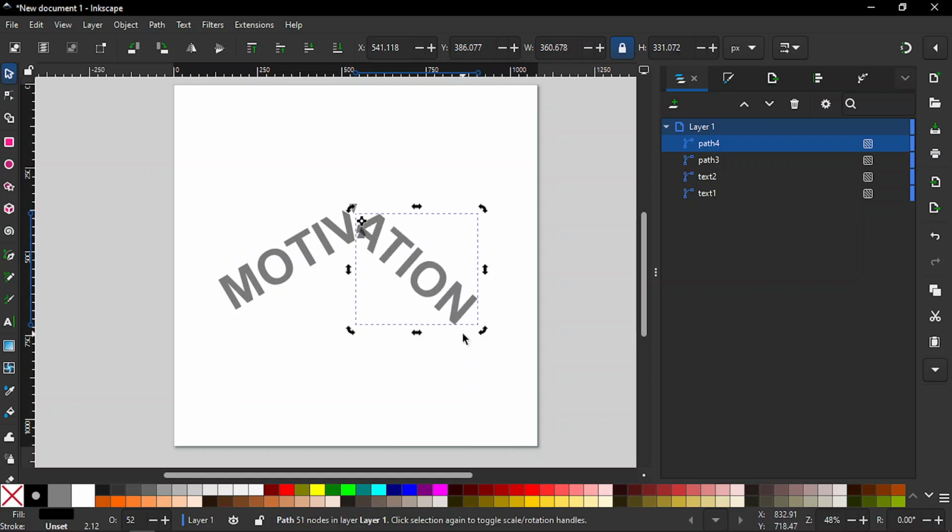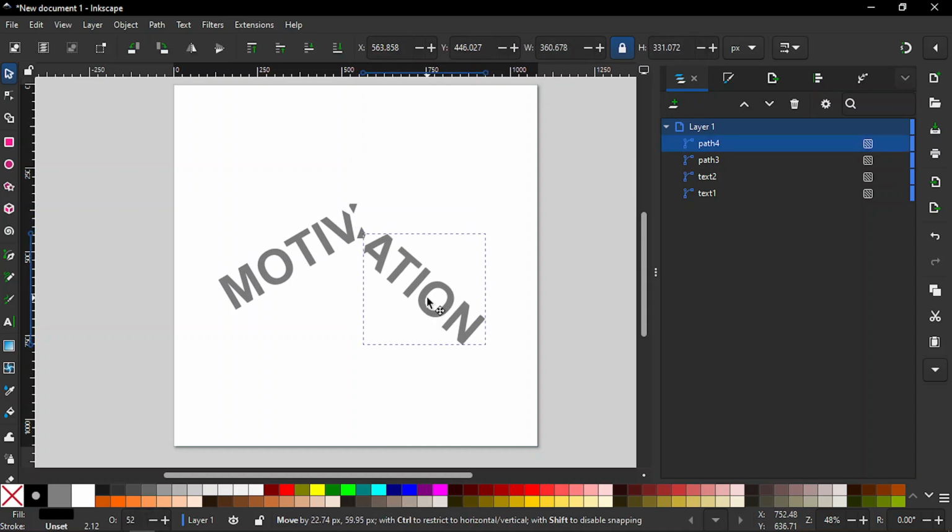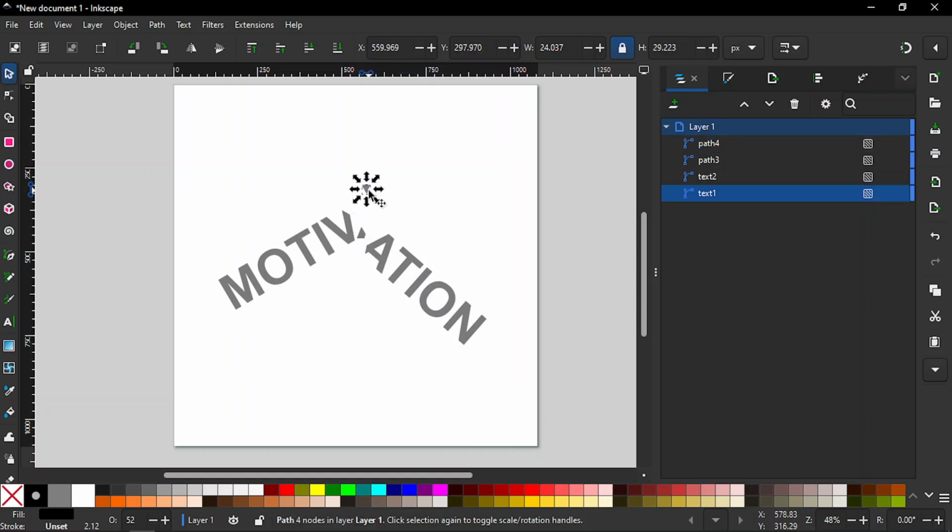We could even move it something like that. So let's move it there, click again, rotate it a little bit, and let's move it here somewhere,